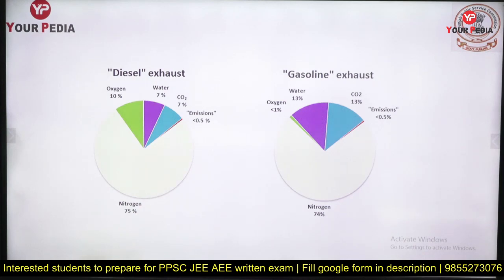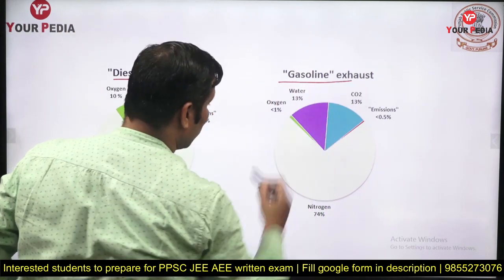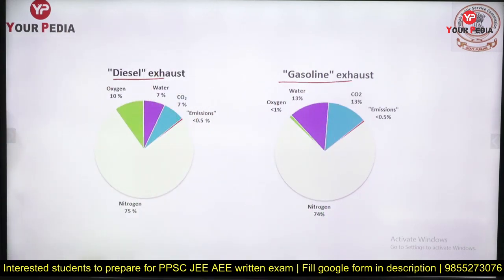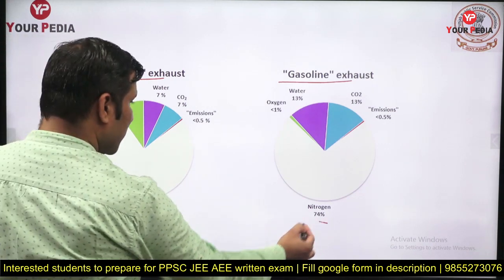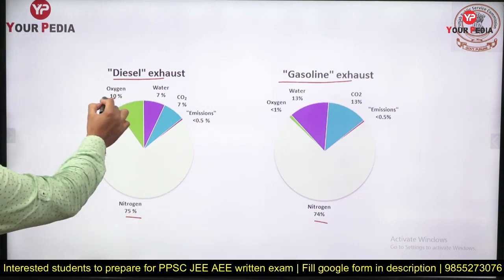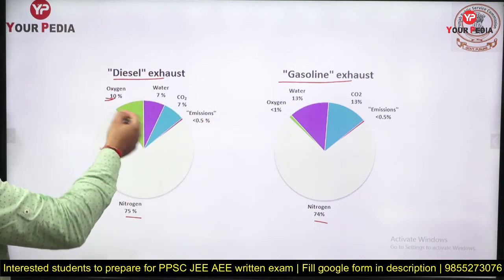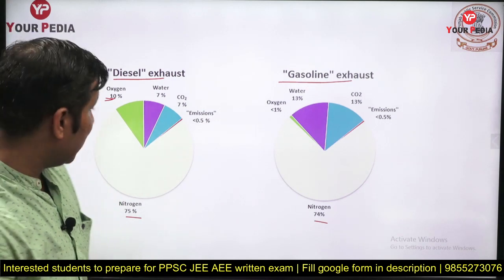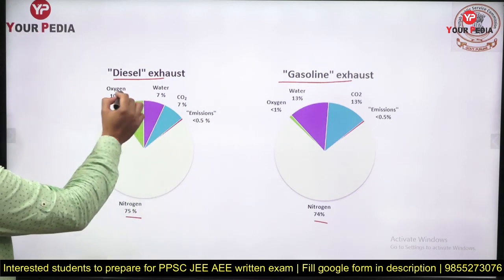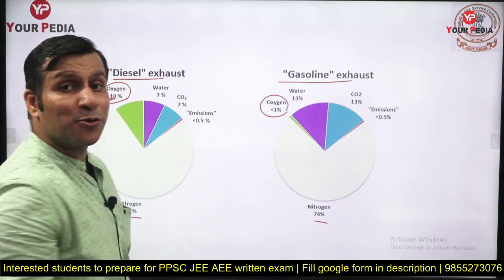Now let us talk about some percentages. So guys, if you consider the exhaust product of diesel and the exhaust of gasoline, petrol, you are going to observe majorly nitrogen, 74, 75% nitrogen, then close to 10% oxygen. Now if you check it here in diesel, because in diesel we supply excess air, even in the exhaust product you are going to get 10% oxygen, but here in the exhaust product you have very little oxygen.